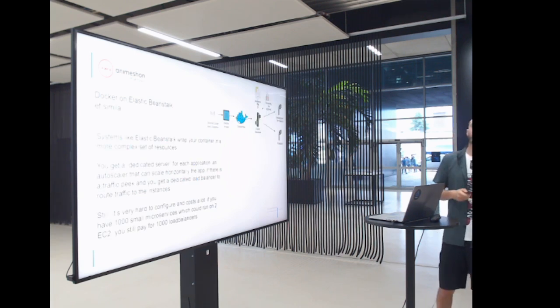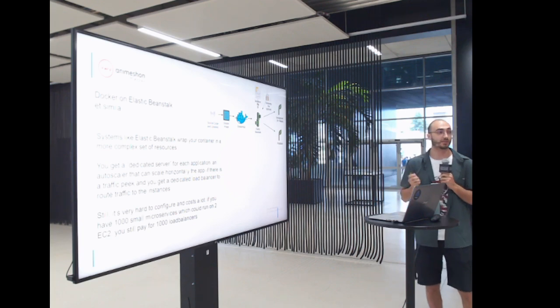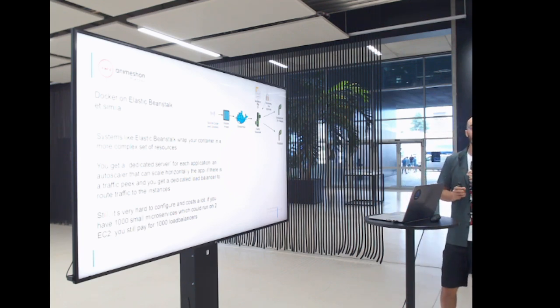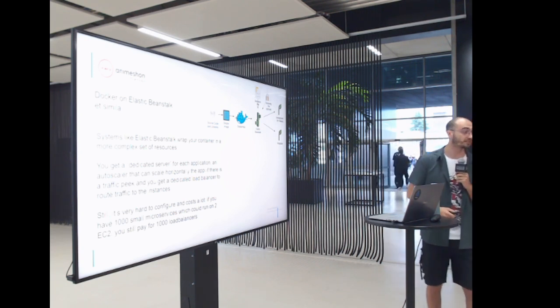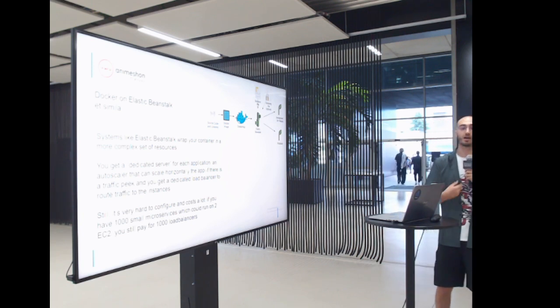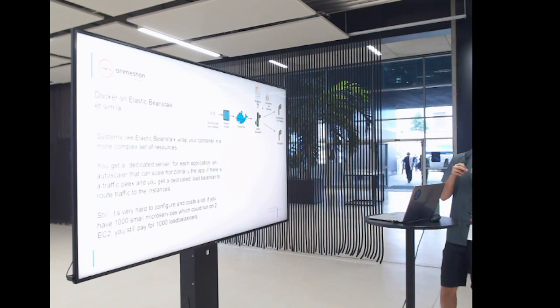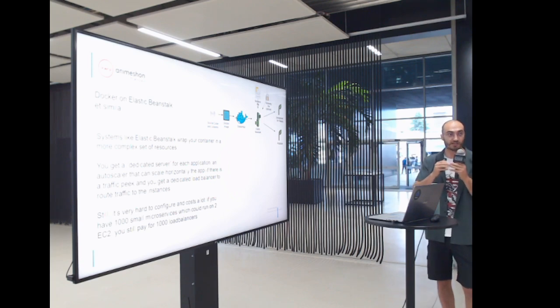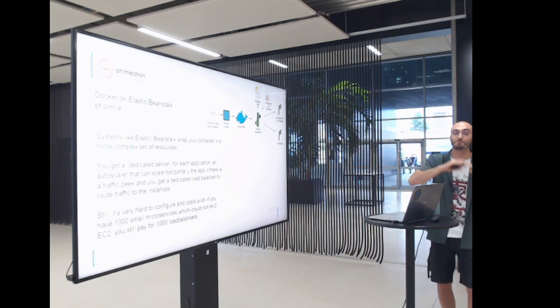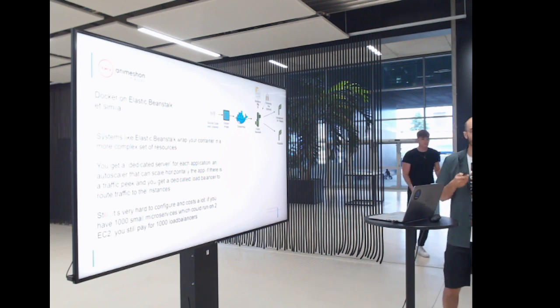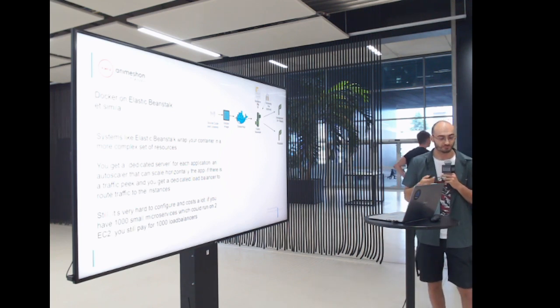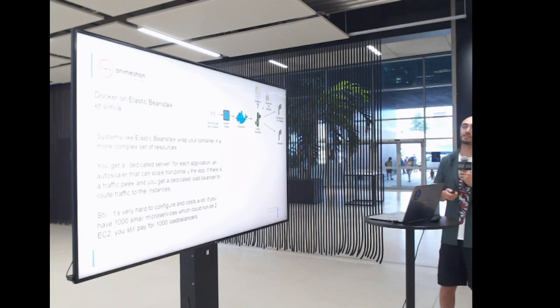We could use Docker on Elastic Beanstalk or similar. Docker and Elastic Beanstalk are tools, or maybe a technology stack, which providers like AWS or Google give to the user, and they basically wrap your container, which is already a wrap of an application, inside a bigger ecosystem, so that you get for free load balancer, auto scaling, replication, secure connection, etc. This is a good approach